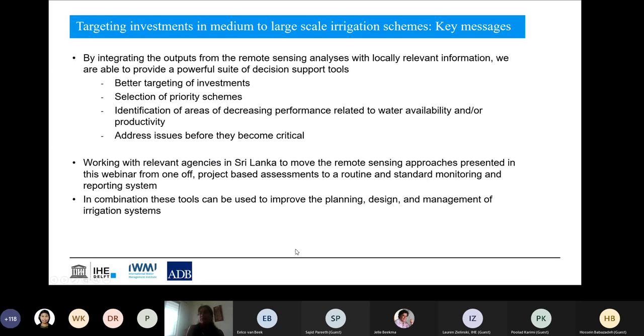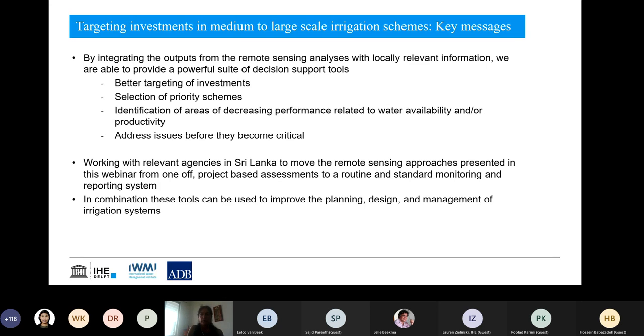Thank you. So the basis of the work which I presented was to support, as Jelle mentioned in the beginning, the Integrated Water Productivity Improvement Project, with the aim really of improving water management within selected river basins and the take-up of irrigation sub-projects for investment, incorporating various objectives, including improved management of water resources at the basin scale, modernization of irrigation infrastructure, and promotion of modern cropping and marketing systems. But by combining the remote sensing based outputs with other ongoing initiatives, the reach and the application can be far